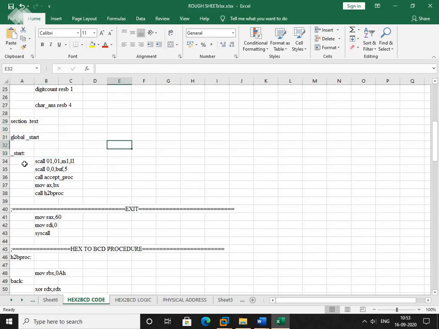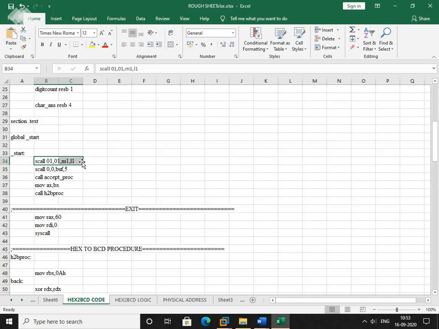Okay, global space underscore start, right? So whenever the compiler reads this underscore start, it comes to know that from here the actual code is going to start, right? So I invoked a macro. Invoke means I called a macro by its name, scall 1, 1, m1, l1. The first parameter is 1, for syswrite, the second is the file descriptor of the standard output device.